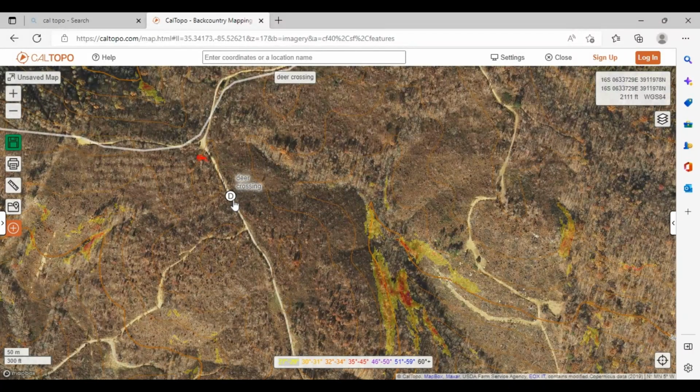Learn those tracks. Learn which are fresh. Learn which are old. Learn the track first. And once you learn that track, then you're going to know that it's a fresh track or an old track or a buck track or a doe track. But usually, if I see a big, heavy deer, its toes will be splayed and spread out further apart. I don't really pay much attention to the dew claw. But if I see those big tracks that are 4 fingers and they're really splayed out, a lot of times